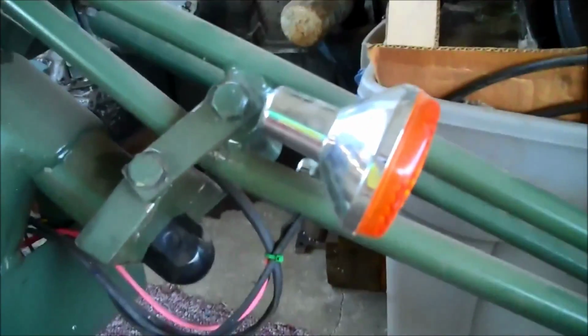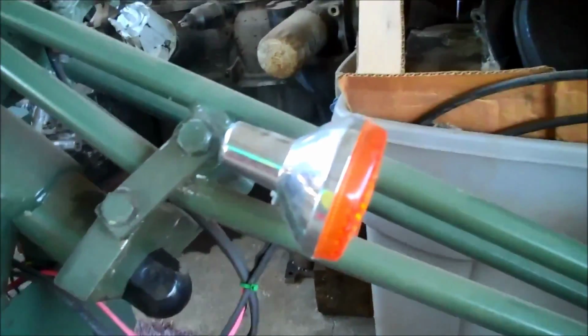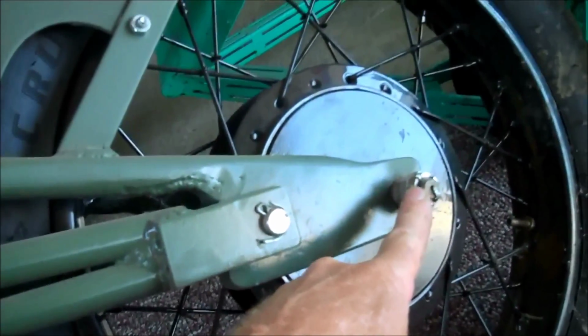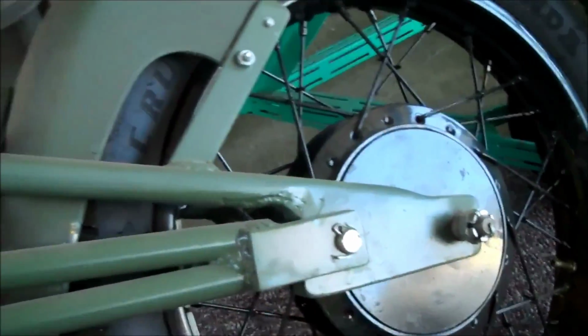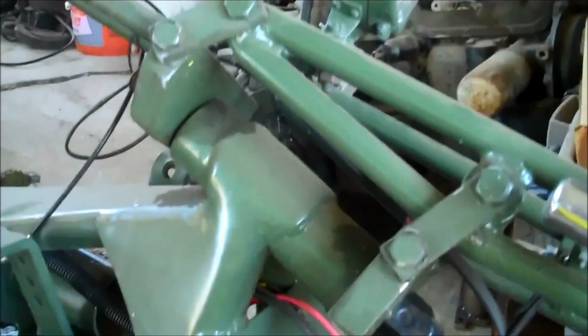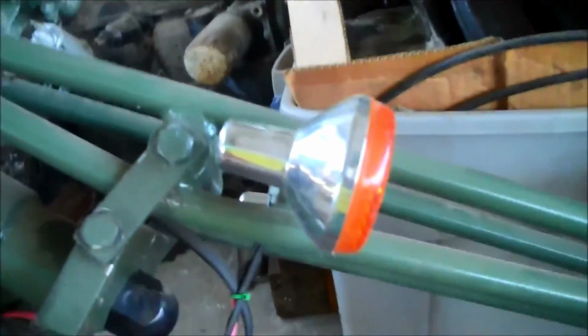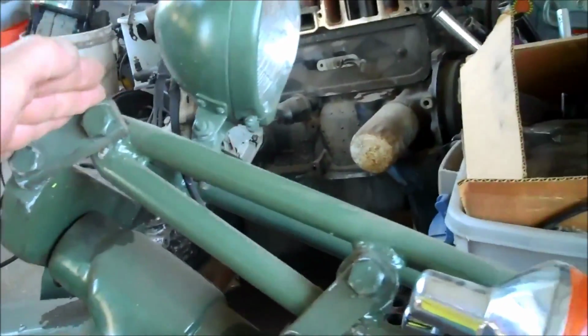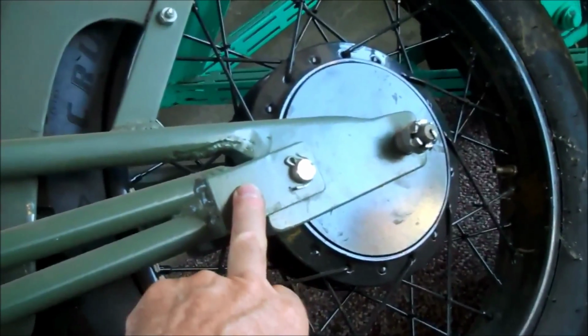Measurements on these: each front end is actually made to fit. Generally speaking, they're overall from here to the axle 38 to 40 inches or so, maybe just a tad bit shorter. It just depends on the angle of the head. That's what determines their length. So this top piece here, the front end itself on this one is 35 inches, which is from here, the top, down to right here, plus